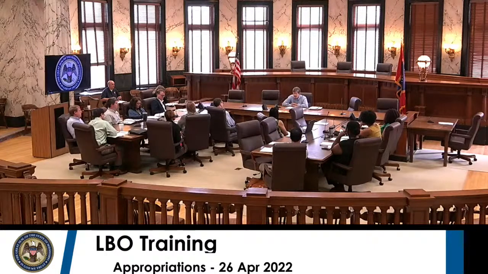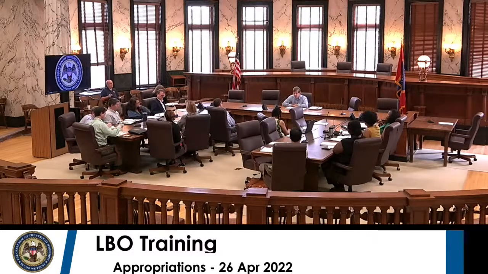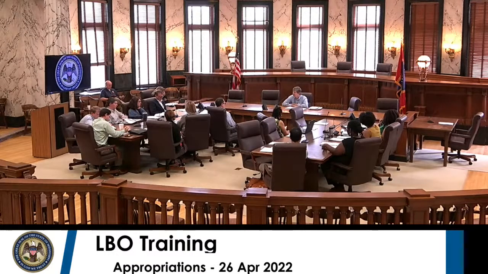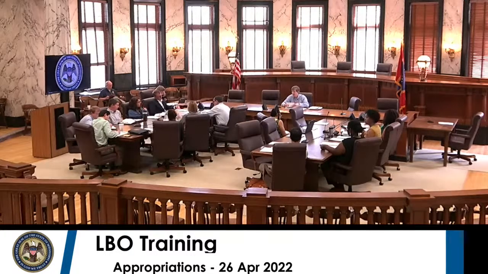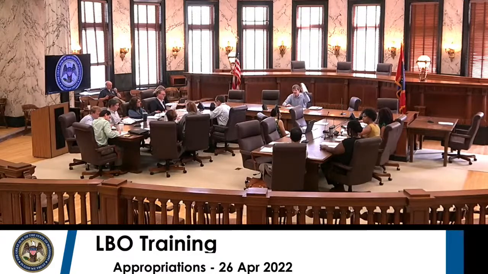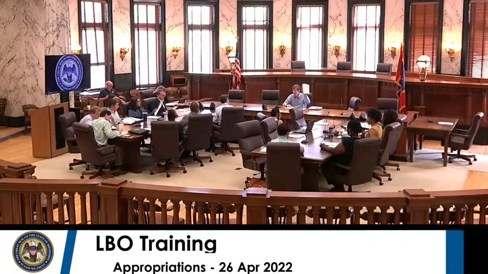Okay, I've already touched on this, but just because money is in a fund in the treasury and the law authorizes that fund to be administered by an agency or an official, does not mean that the agency or official has the authority to spend that money. To be authorized to spend the money, there must be spending authority, which is given in an appropriation bill. Let's go to our first handout. We're going to look at the requirements. This is the one about section 63, Mississippi Constitution.